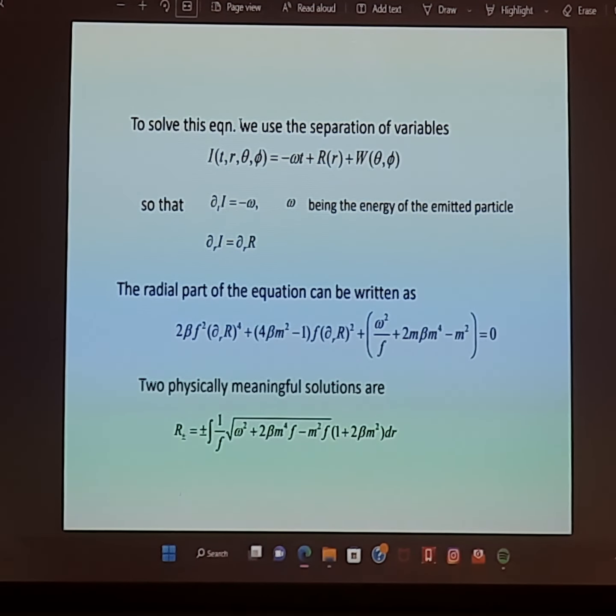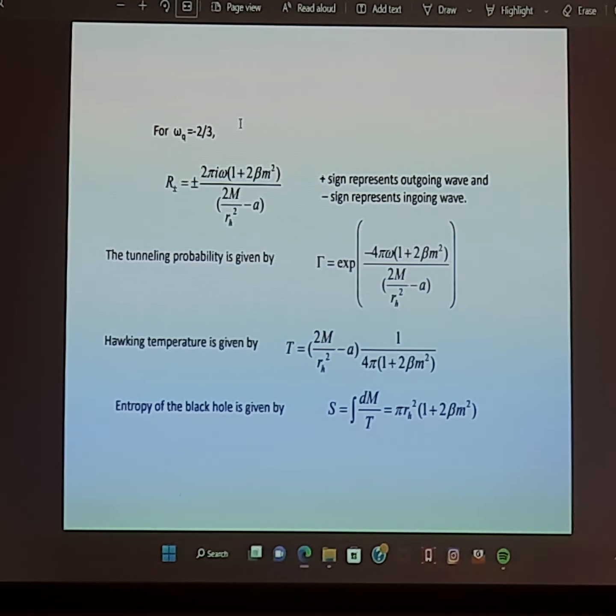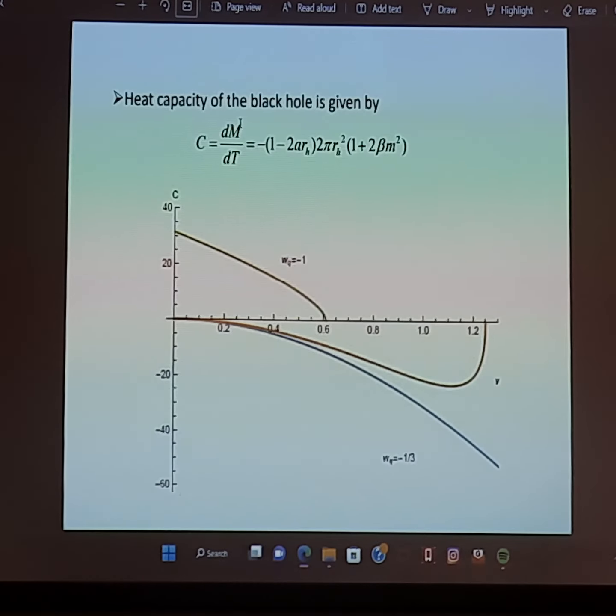There are two physically meaningful solutions given here, and considering omega q of minus 2/3, we solved it. From the tunneling probability we found the Hawking temperature given by this expression, and we also determined the entropy of the black hole, and then the heat capacity of the black hole is given by